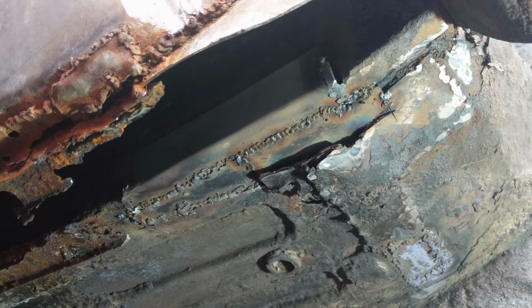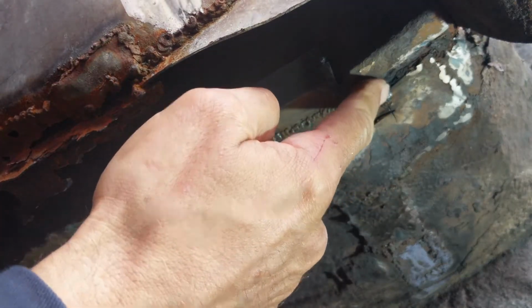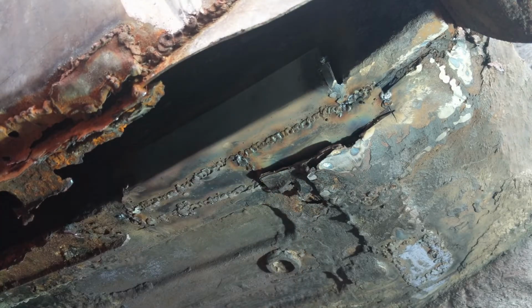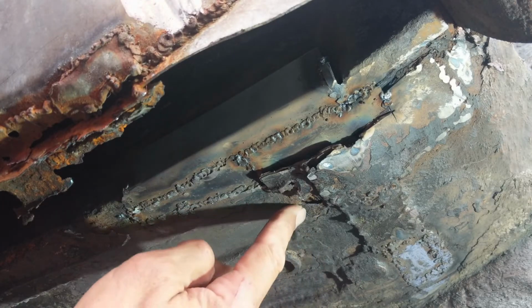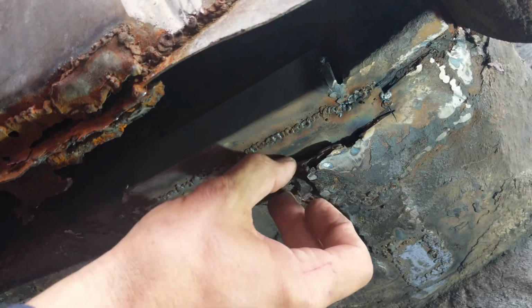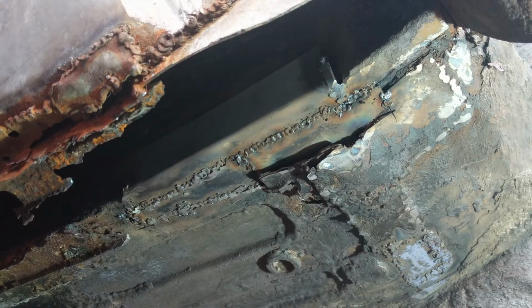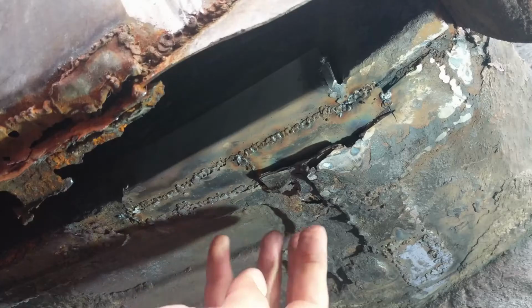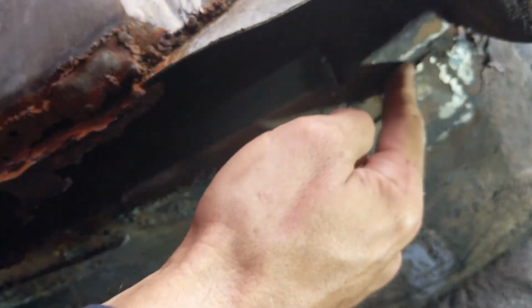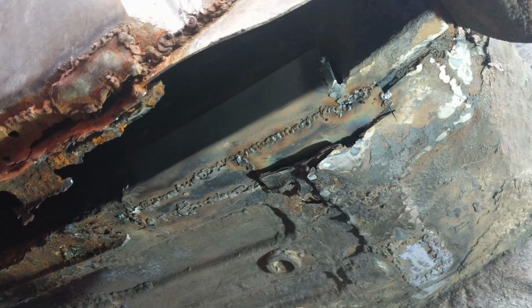So I've zinc primered that on the back, and this is the piece that's gone in along here. I don't know if I can see, yeah, that bit's, I think I might have to cut some of this out to try to get a better finish here. But whilst the paint on this was drying, so I've still got to do this bit, which I'll do next. Whilst the paint on this was drying, I did take a look just over here